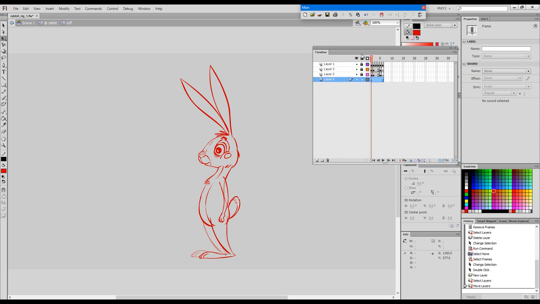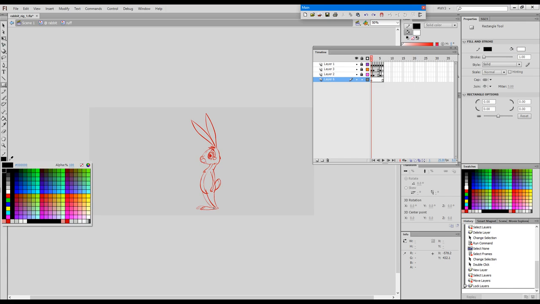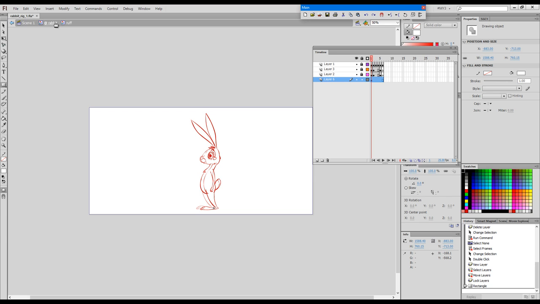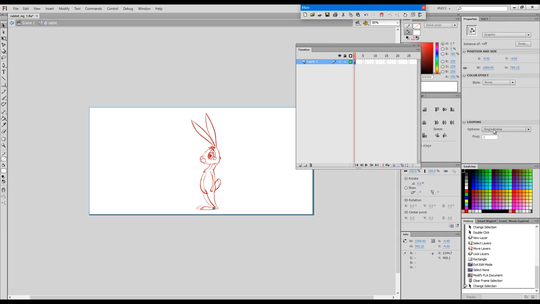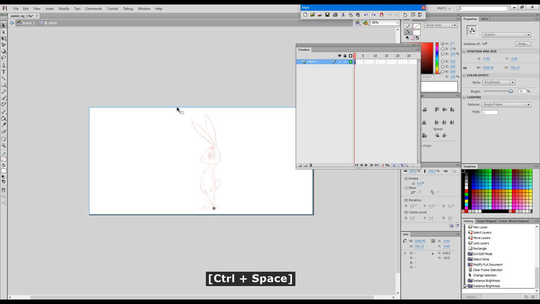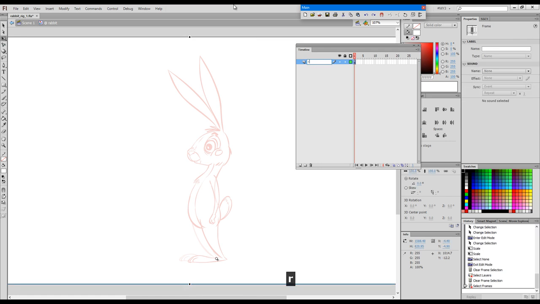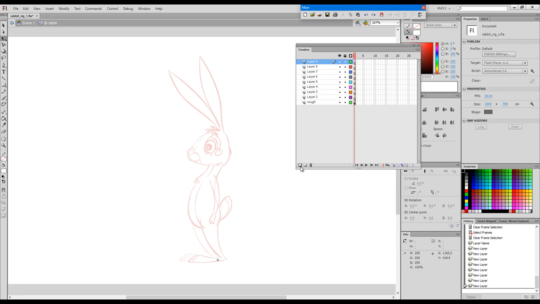I'll do one more thing. I'll just put a white box behind the rabbit, just like this. And then I'll darken the stage. I will increase the brightness just so that the drawing is much less contrasty. I'll call this layer rough and add a bunch of layers on top of it. Lock this one,